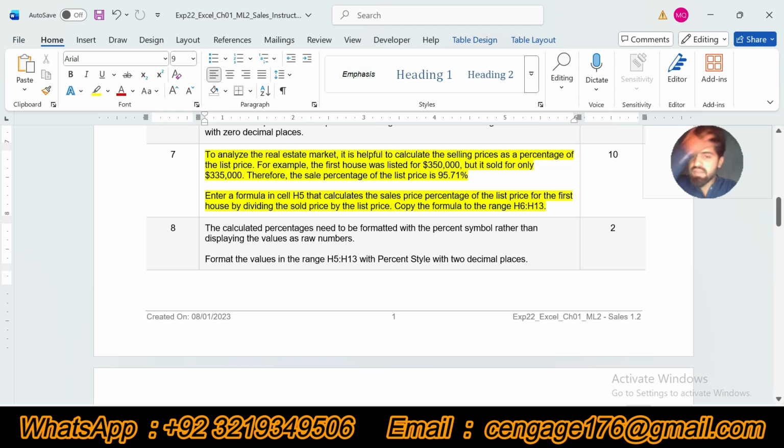Our step number 7 is to analyze the real estate market. It is helpful to calculate the selling price as a percentage of the list price. For example, the first house was listed for $350,000, but it sold for only $335,000. Therefore, the sale percentage of the list price is